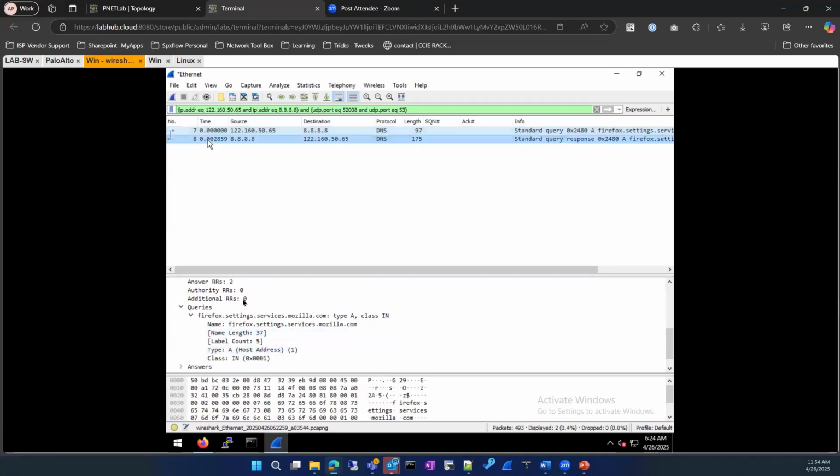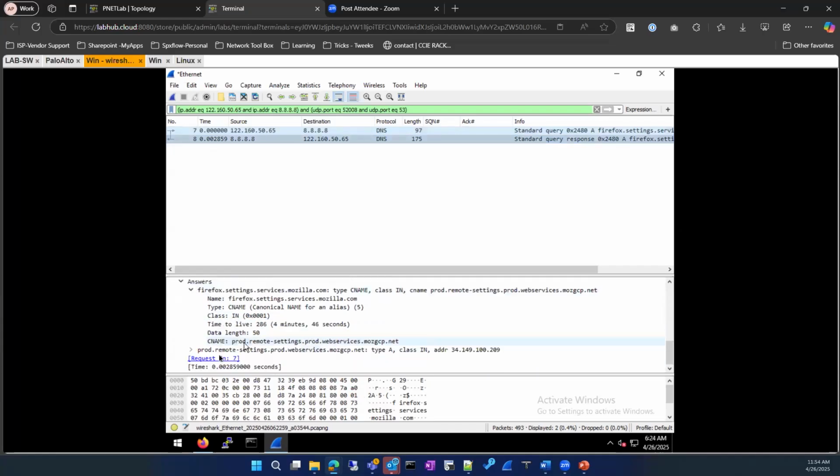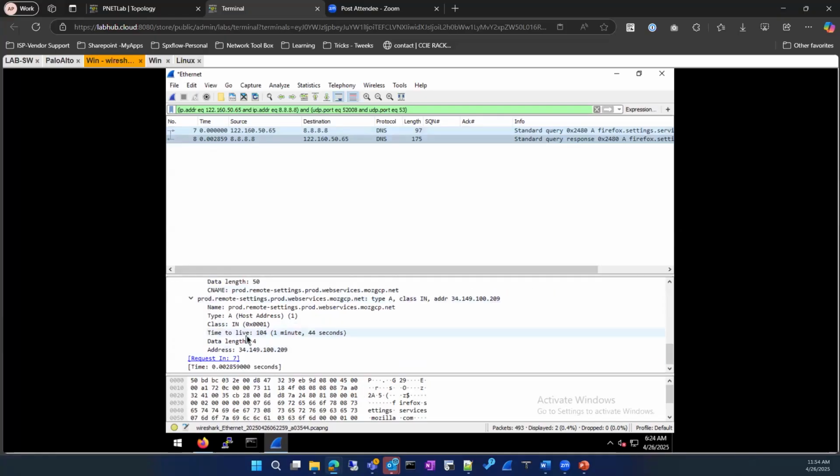So what is the response I got here? The answer I got is remote settings production web services.net, but we are looking at an option only for